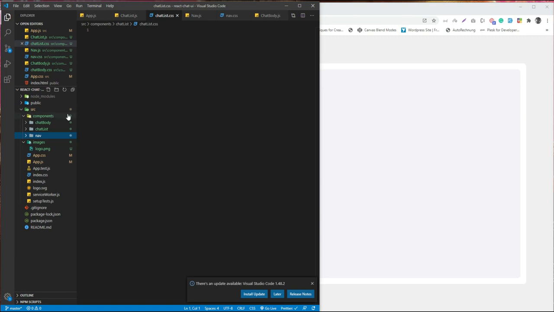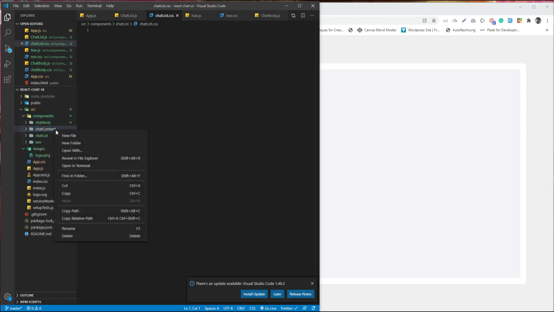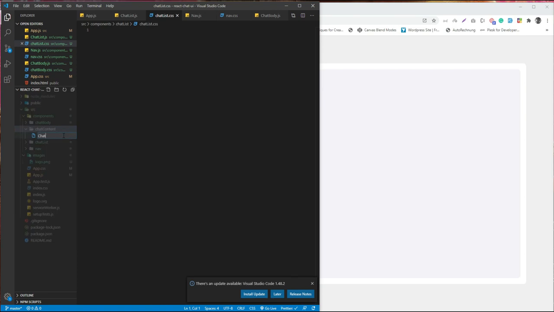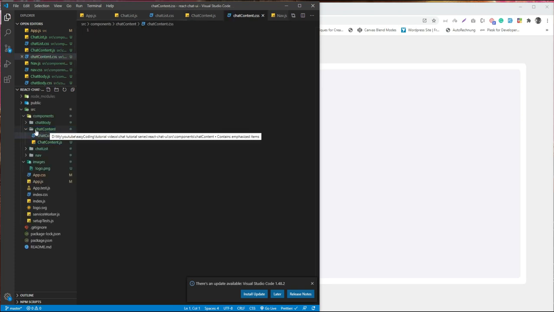We need to add two more, like chat content. New folder, chat content. Here we will create two new files, chat.js and chat.css. Okay, so this is done.